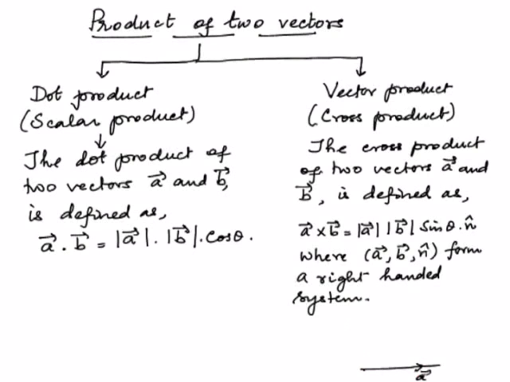Now, how do they form a right-handed system? Now, let us consider A vector directed onto the right and B vector starting from its initial position of A directed as you see. Now, if I have a screw and if I move it from A to B in the direction specified, then the screw will come upwards in a direction perpendicular to both A and B, and that is n vector.